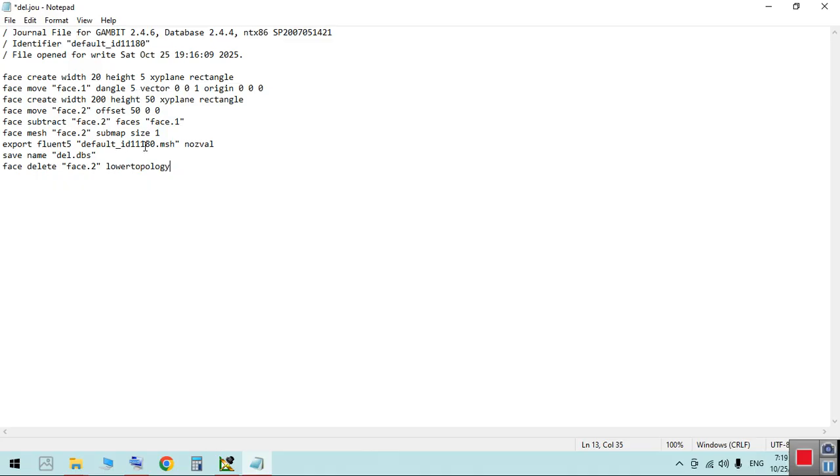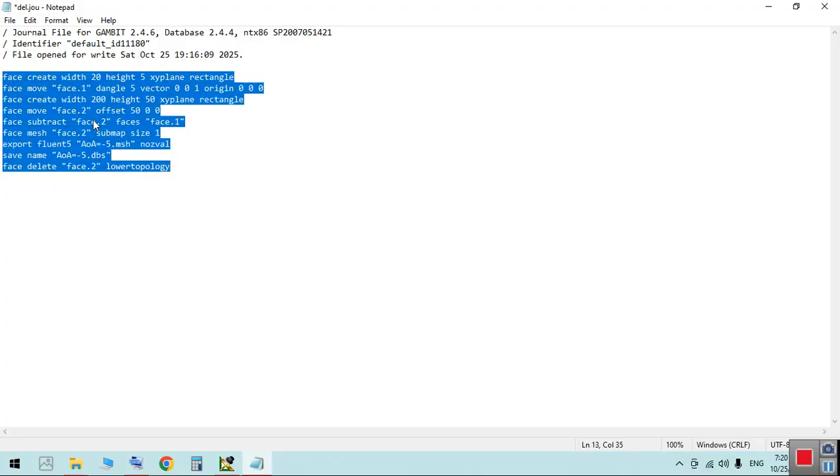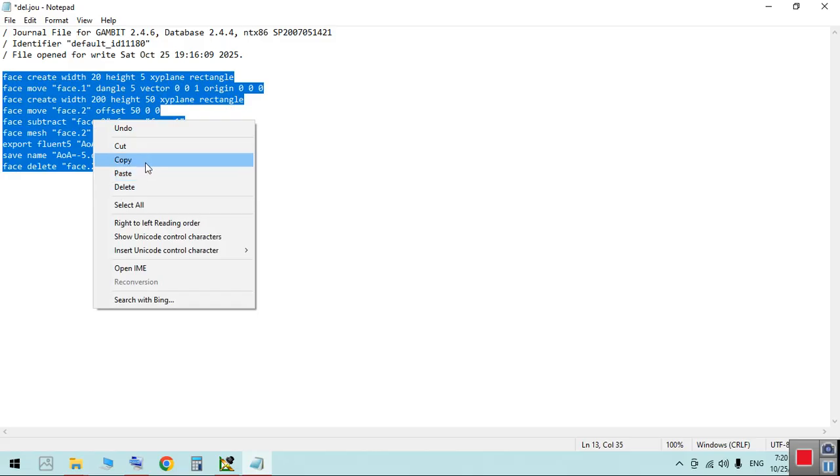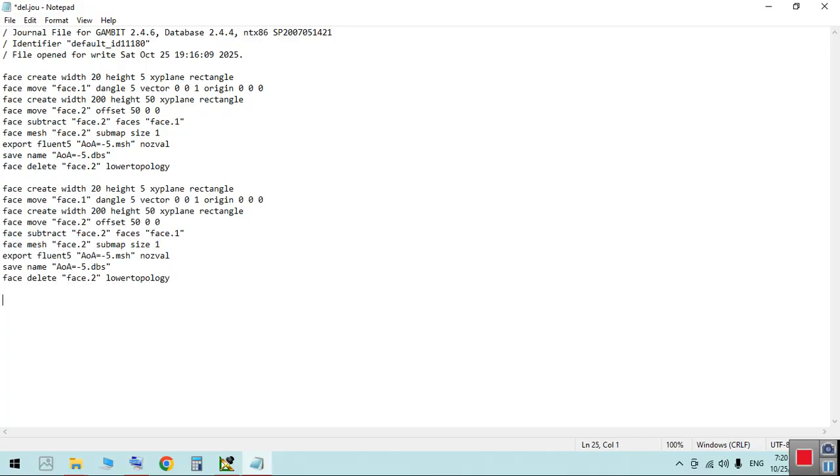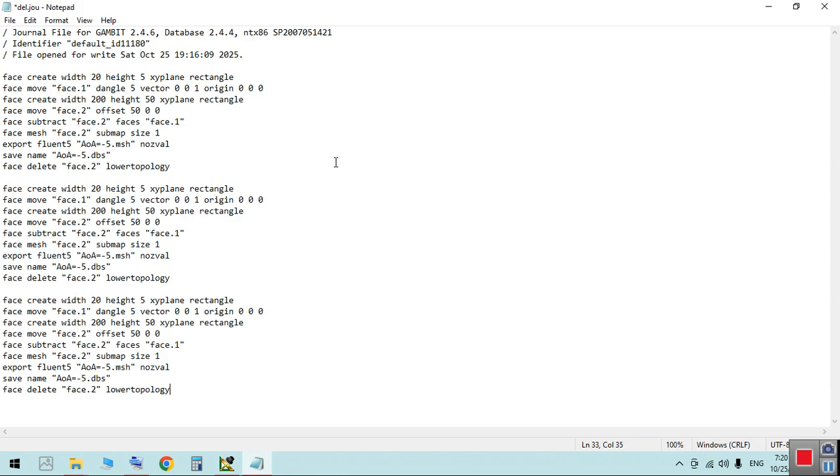For example, here in the grid file, I say AOA equals -5, for example. It's optional, any name you like. And save as, again, angle of attack -5. Okay, well, that's it. I'm going to do that process for example, 2 more times or more than that,